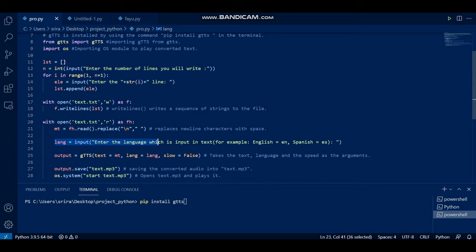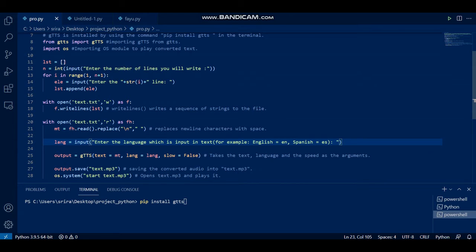Then I've taken language as a variable lang, and just inputted that. Google can obviously handle almost all languages, according to my knowledge at least. So English, Spanish, French, etc., or you name it. The text can be converted into mp3 by using gtts.